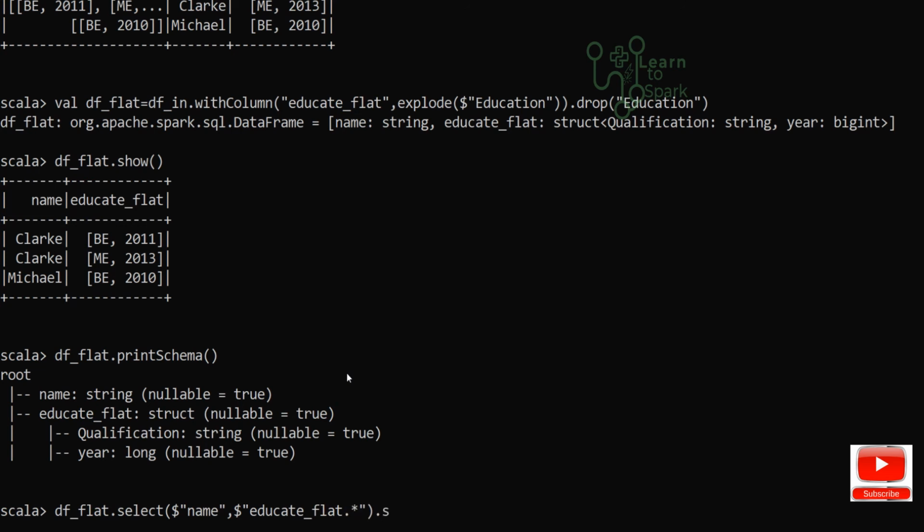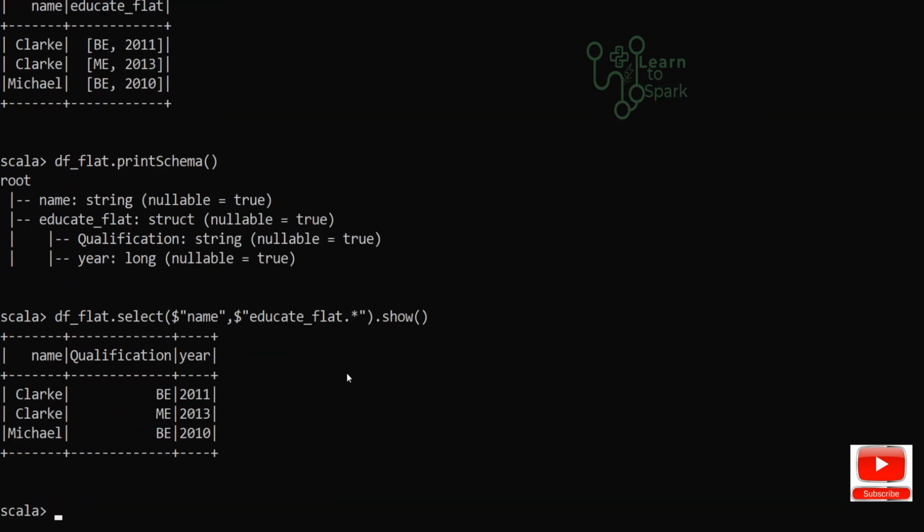I will give the show command as well. So here it is evident that we can split the columns into two, qualification and year. So finally we have received the expected output.